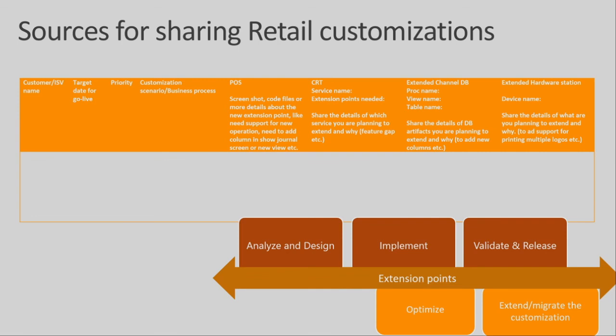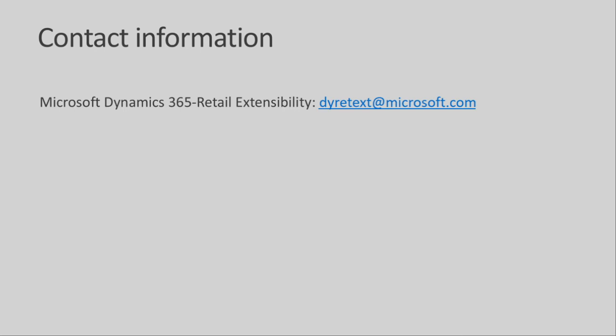Then we will analyze and design, and if something is required, we will implement it for you and tell you the date the extension point will be available, and then you can do that customization. If it is already available, we'll reply back saying it's already available and you can do the customization. So this is the template for how to share it, and you can send this information by email to this address. Once you send the requirement, we will analyze it and say whether an extension is already available. If not, we can tell you when it will be available.